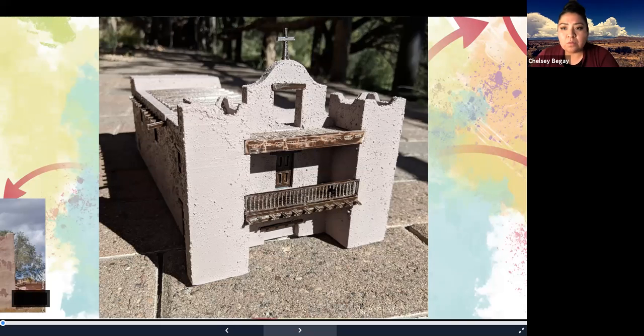And so what I wanted to get out of this session today was for you students to be able to look at these different architectural elements within this building and be able to look around in maybe your own community or communities that you visit and say, hey, that's a viga, that's a canale, those are different Pueblo elements that are present in the buildings that we see today.